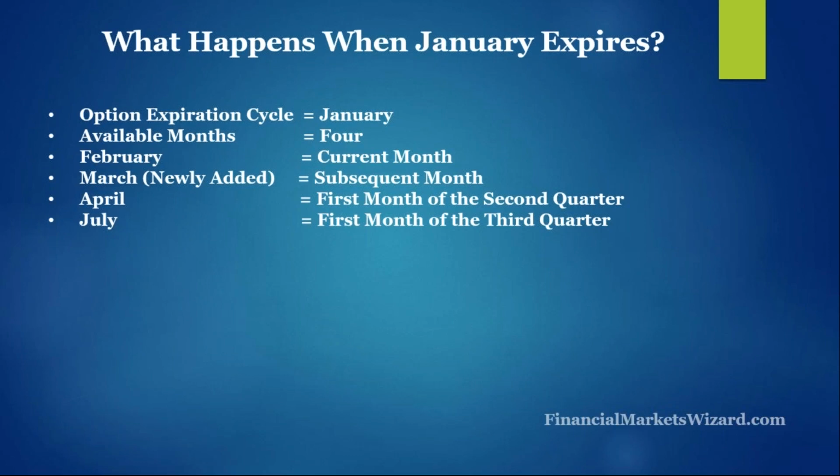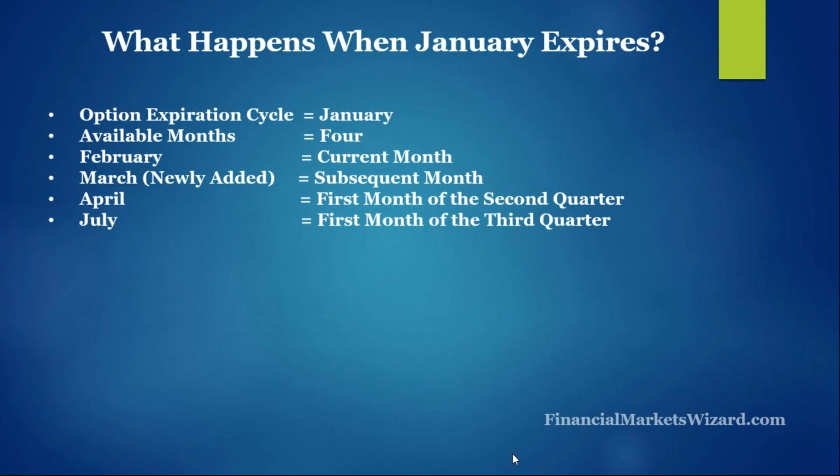Suppose last Friday was the third Friday, and tomorrow Monday there's no more January option. So February will be the current month, and then you will see March will be added as a subsequent month, because we need to have a subsequent month. So March will be added as a new month,